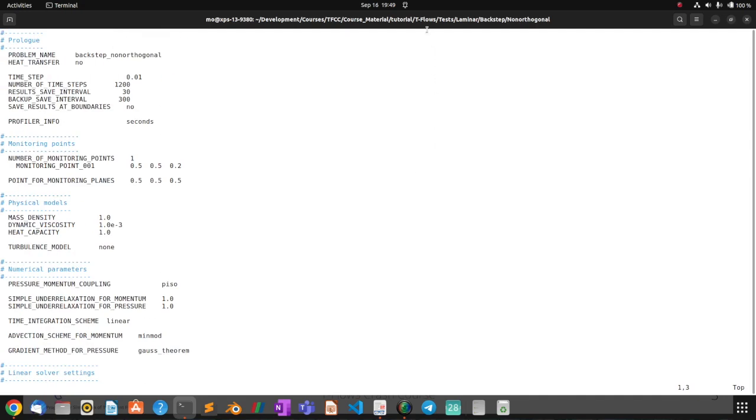And the control file has time step 0.01. The results are saved every 30 seconds. So that's not too long, so we can wait a bit. But let's go ahead and run it. I was just making sure that it's 30 time steps, not 300 or something, so that at least we can see the